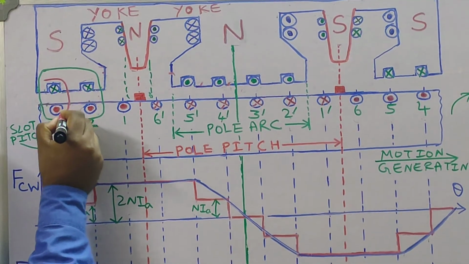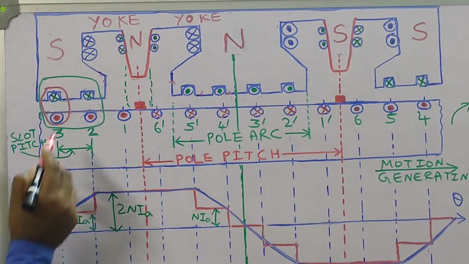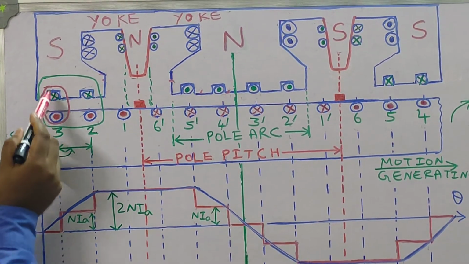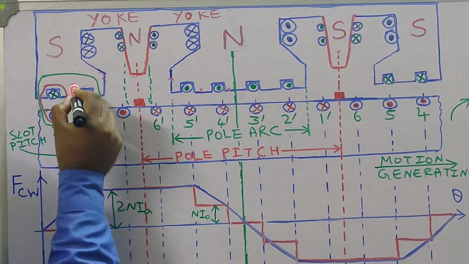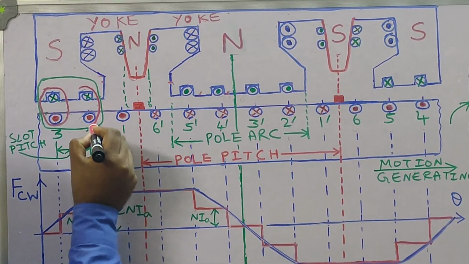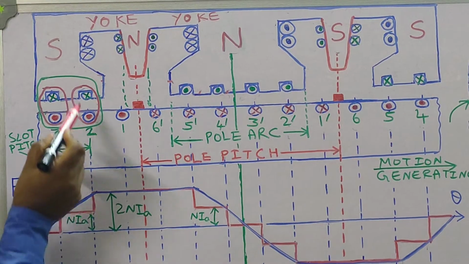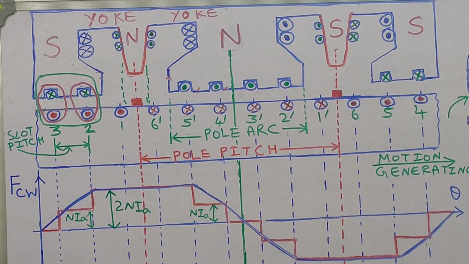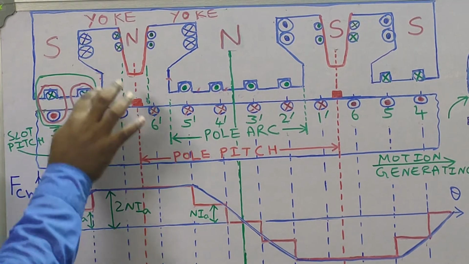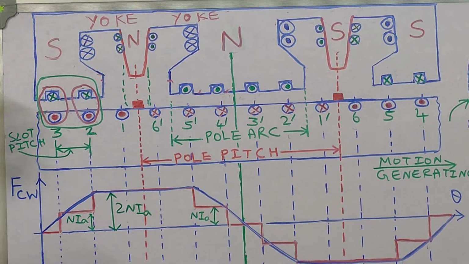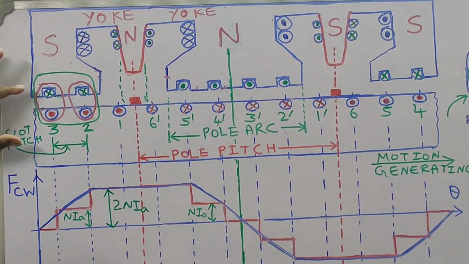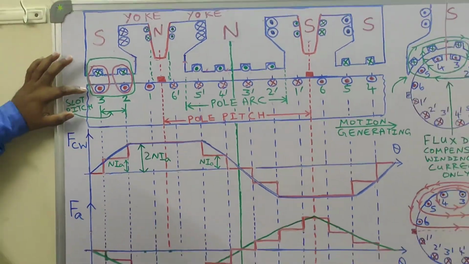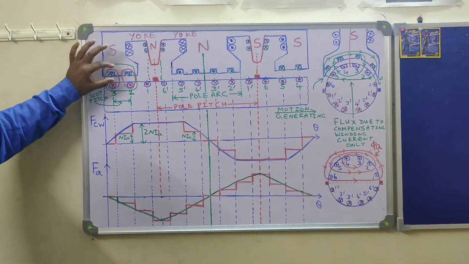In this particular path, what is the net current? Cross and dot. So here also the net current enclosed is 0. If you take this particular path, you see dot and cross current, they cancel each other. So what we say is that the net MMF acting along this line, if you take into account both the MMF due to compensating winding and MMF due to armature winding, they cancel each other.